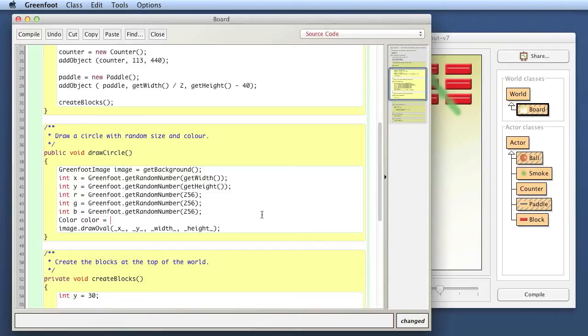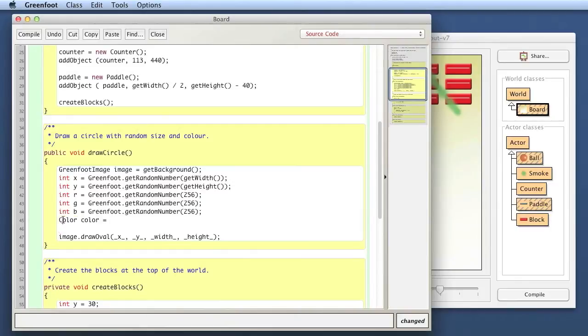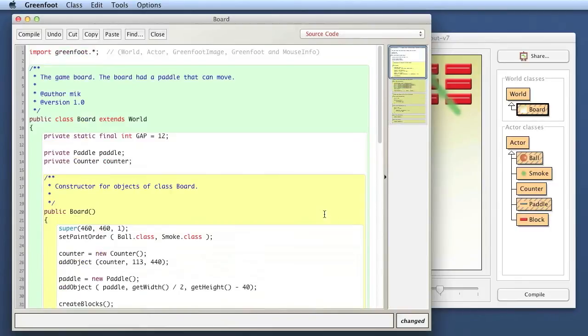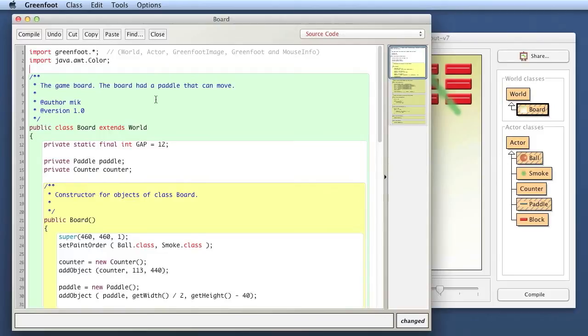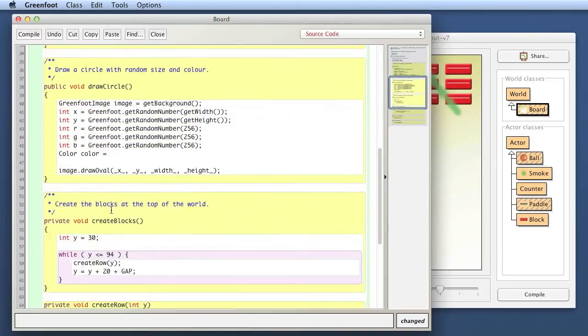variable, and the type Color is not known in Greenfoot. I have to import it. I have to say import java.awt.Color to get my color type, and then I can use a variable of type Color here, and I just say I want a new Color, and I specify the RGB values using my 3 variables that I have, and